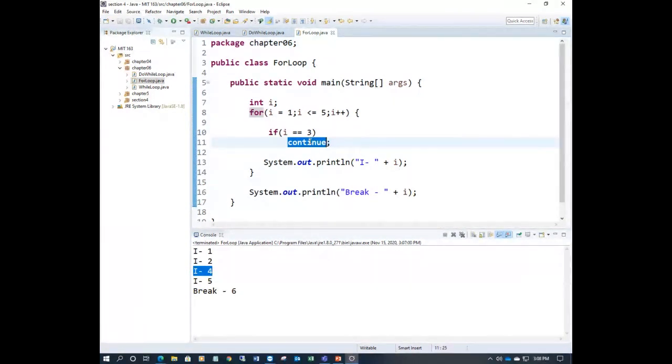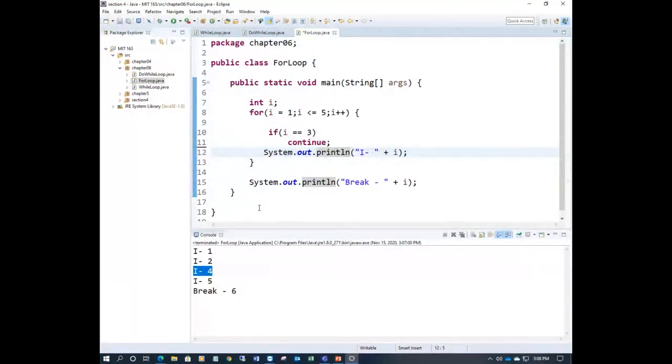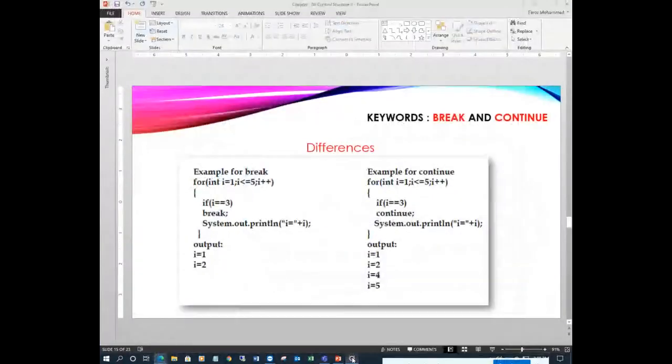Hope you understand the differences between the break and continue keywords, which is very important here. Continue is mostly used to skip some statements, right? And break is used to exit from the loop. You can just look at the example here. When I use I equal to 3 with break, it will go up to 1 and 2, then it will break and exit.